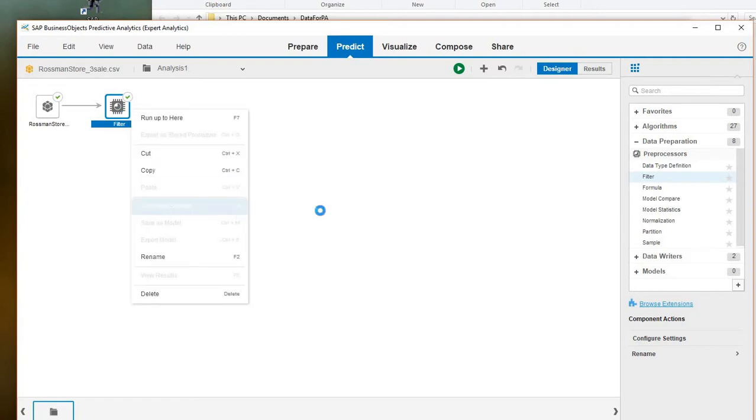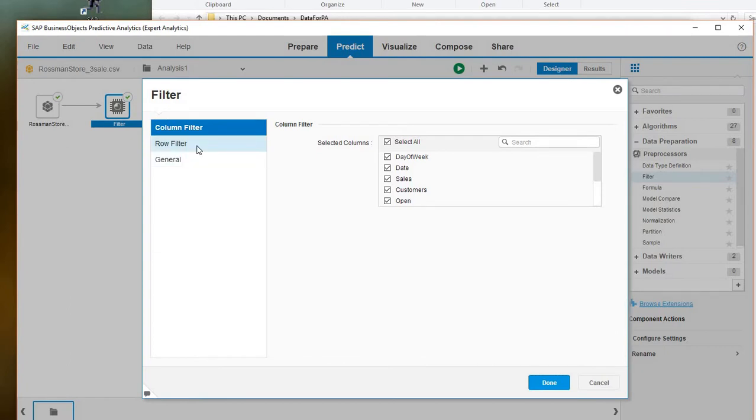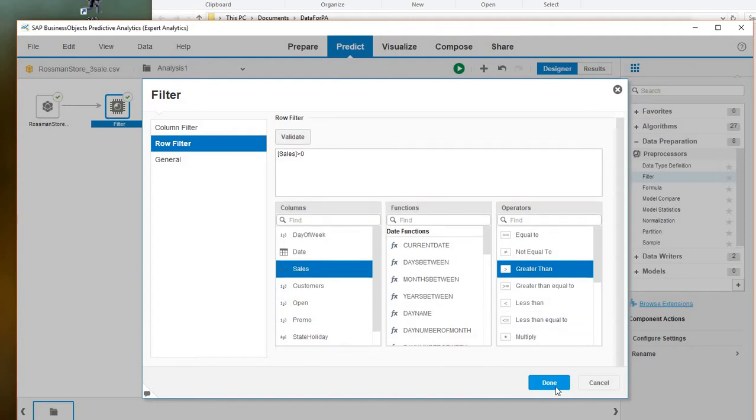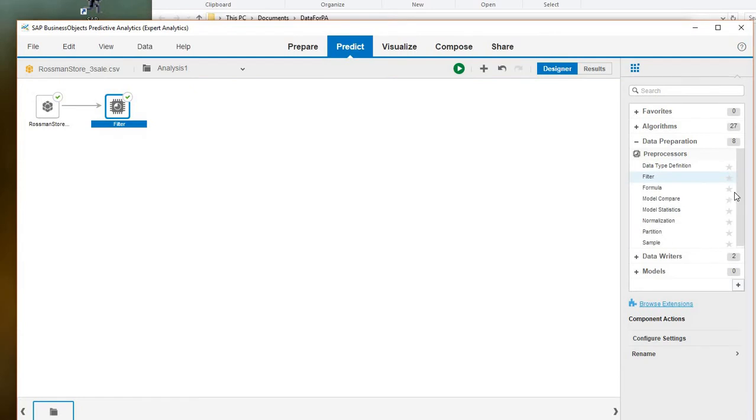So basically what I want to do is I want to filter out any rows that have zero sales. If you remember, there are some holidays and there are zero values to it. So I'm going to click greater than 0. If you have zero values, generally the exponential smoothing methods don't behave so well. And I'm going to keep all other rows, all other columns. I'm going to put done, and I'm going to bring in